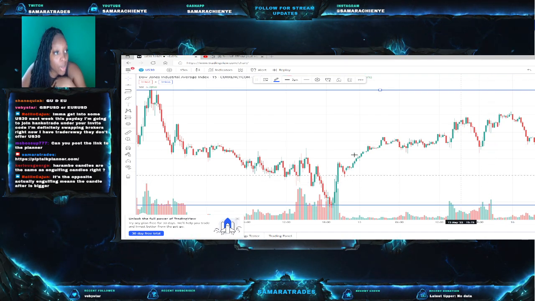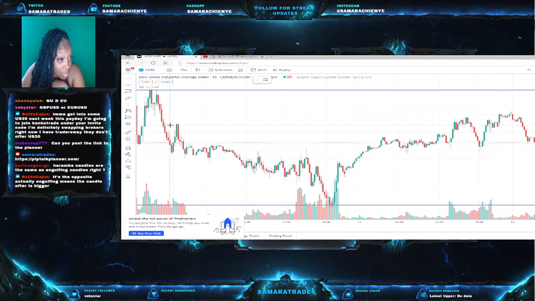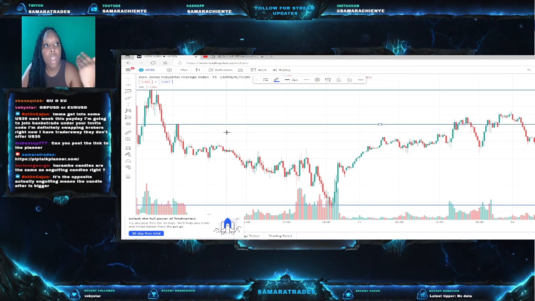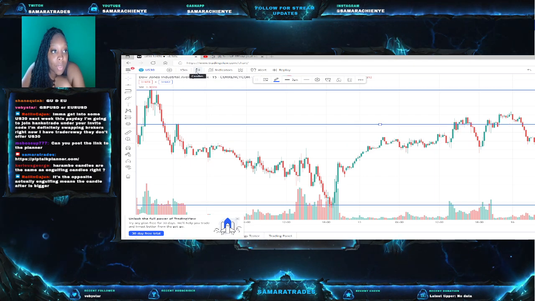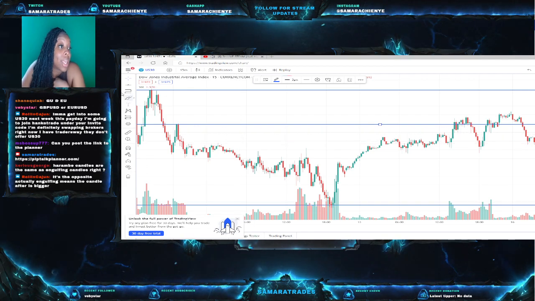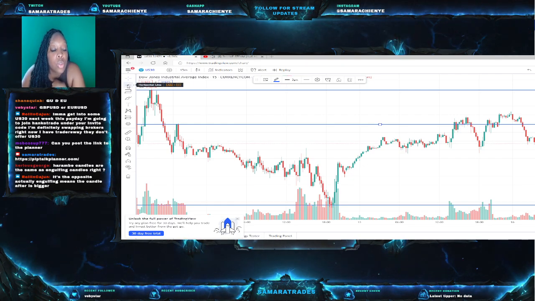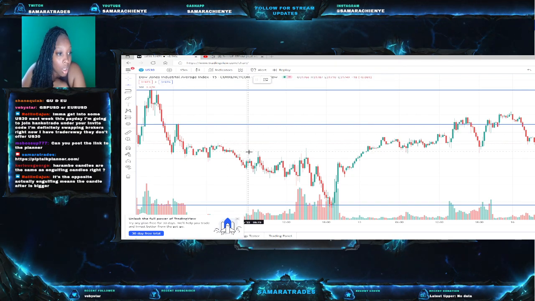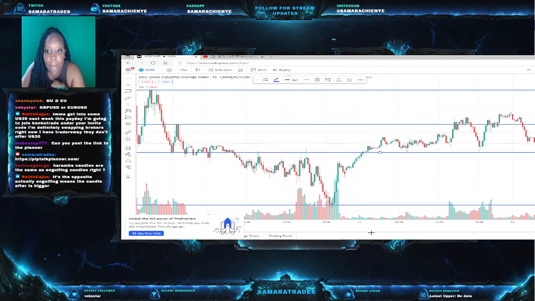Okay, so again, I am going to look for the same thing. So this is my same flat tops, right? Going in for that. You guys can also use the Heiken Ashi candles, but I prefer the regular candles. It's just me. So whatever floats your boat, whatever you're more comfortable with, you do something that works for you, okay? That makes sense to you. All right, so we see a lot of flat bottoms, keeping it here.